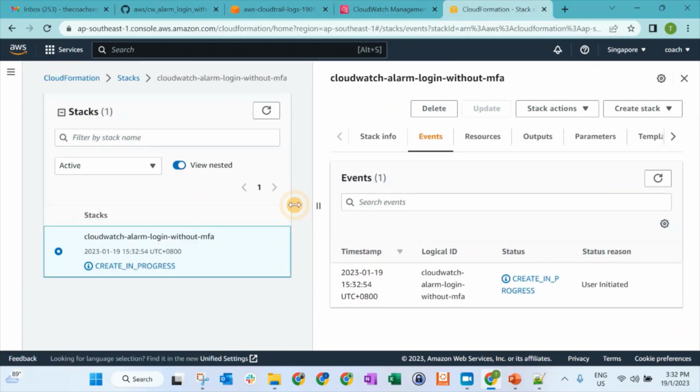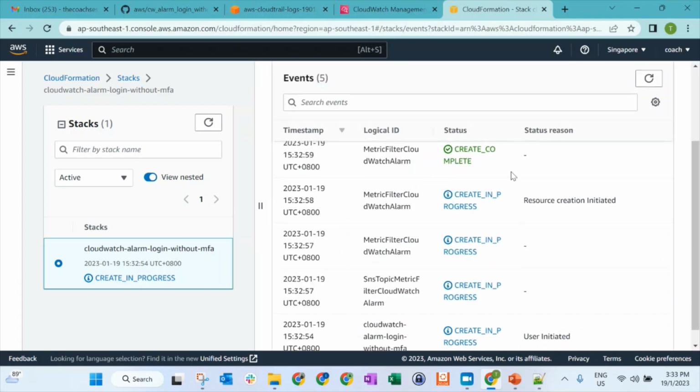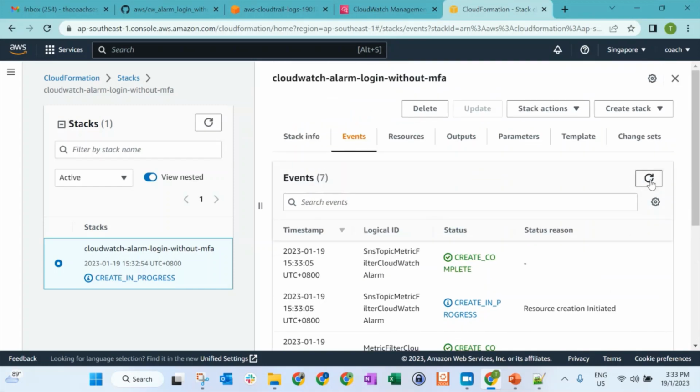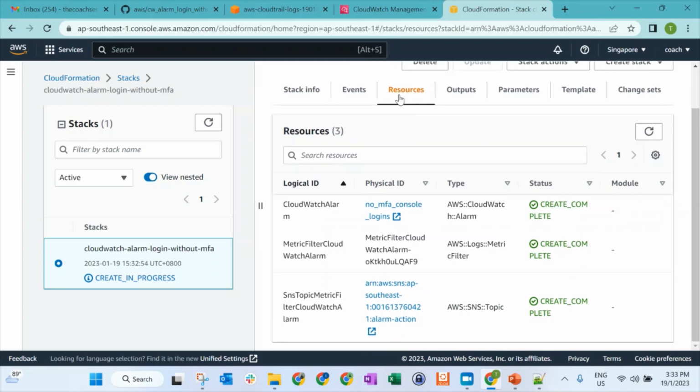It might take a while to create all the resources. Okay, this is the events. If there is any failure, you will see it from here, but it looks all okay. Create complete, and then we can see in the resources there are three resources created.